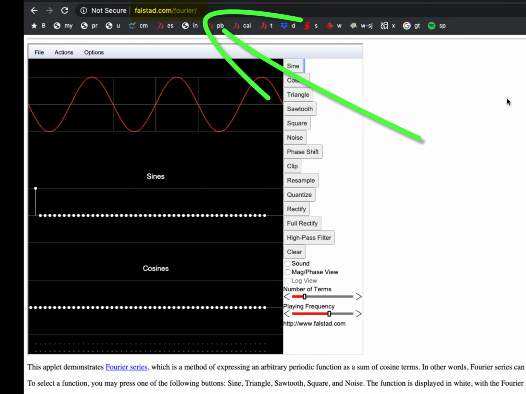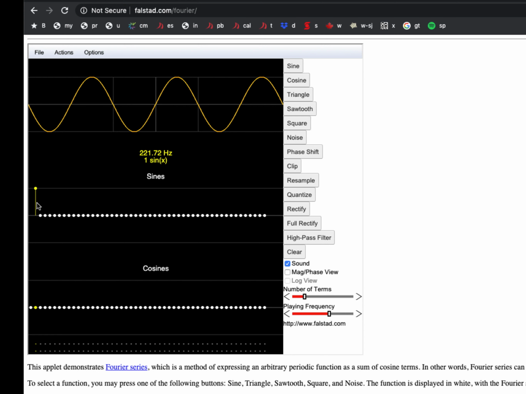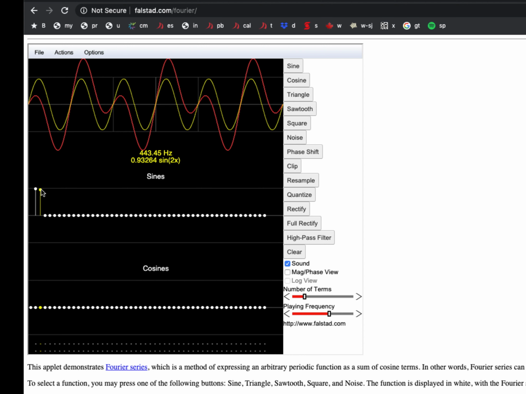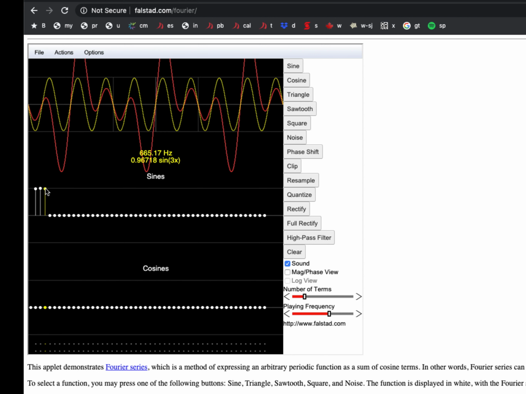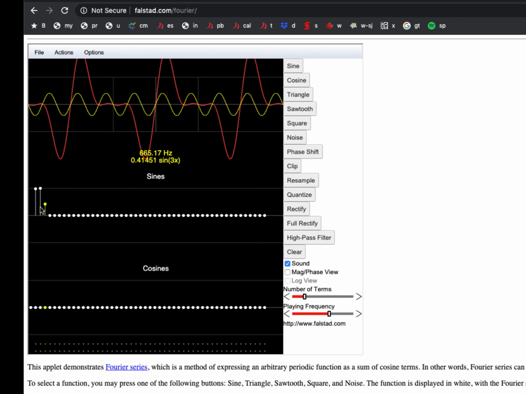This is an online applet written by Paul Falstad that allows you to see and hear the effect of adding in these different components. Here we see a simple sine wave represented, and if we click sound, we'll hear the tone. We can decrease the amplitude. We can also add in higher overtones. There we've added in the first overtone, and we hear the octave above. We can add in higher overtones,